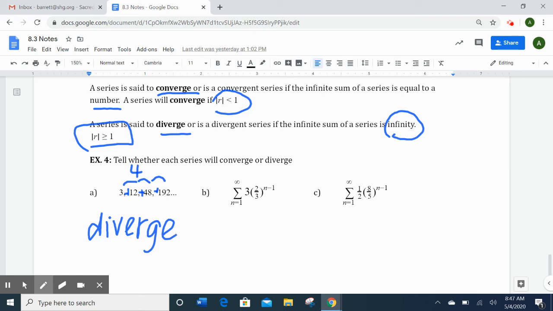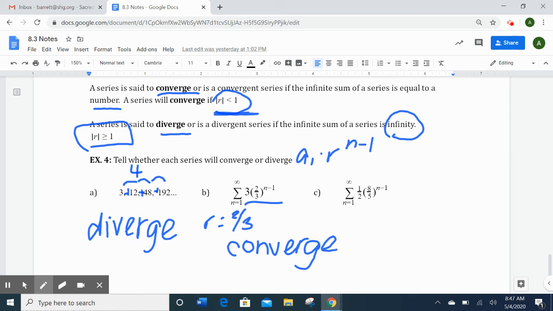Letter B, so n equals 1 to infinity, that means an infinite series, and so again, I have to analyze what I'm given here. If this is in the format a sub 1 times r to the n minus 1, the number that's representing r is 2/3. And since the absolute value of 2/3 is less than 1, this will converge. And I don't know what it will converge towards, that's not what we're doing in this class. It's just going to converge towards a number. And then letter C, just before you get to